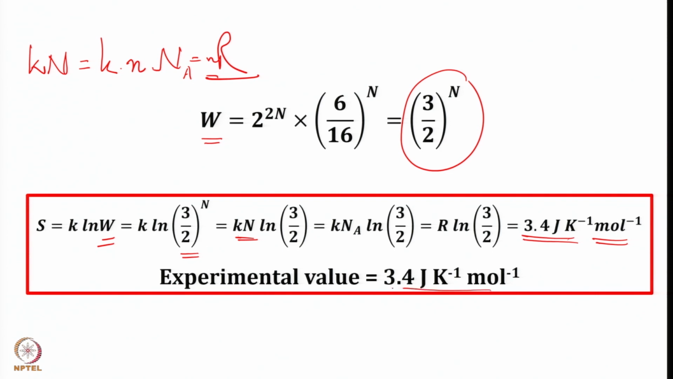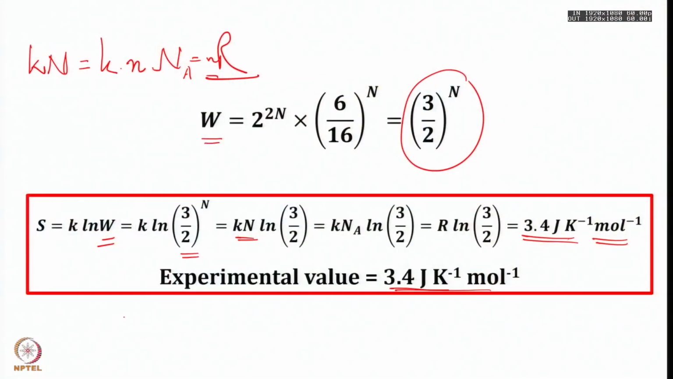Incidentally, the experimental value is also 3.4 joules per Kelvin per mole. So here what we see is that the entropy of ice at absolute zero is not 0. There is some value, and whatever that value is, we call it residual entropy, which in the case of water turns out to be 3.4 joules per Kelvin per mole. So now our terminologies